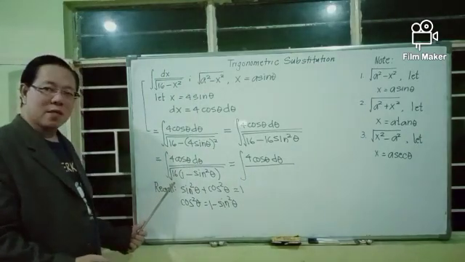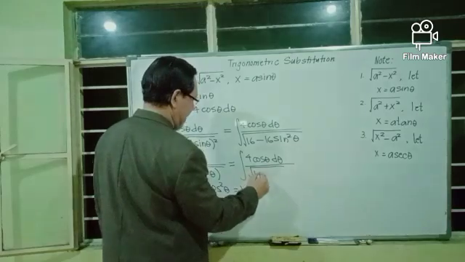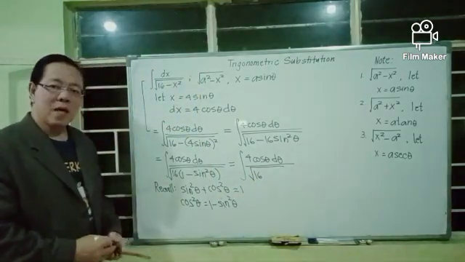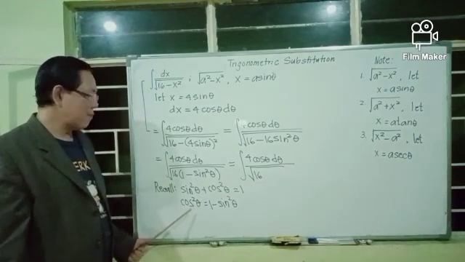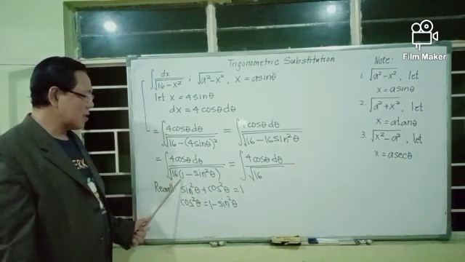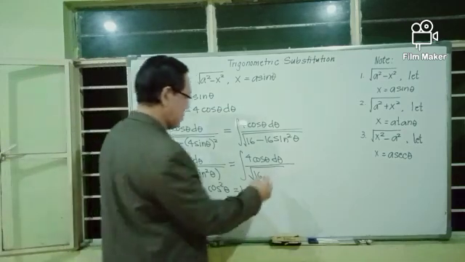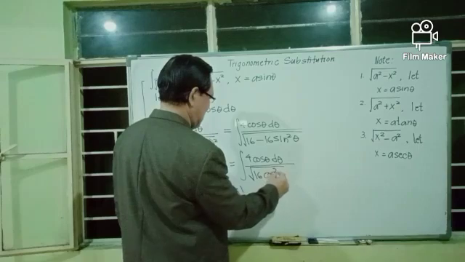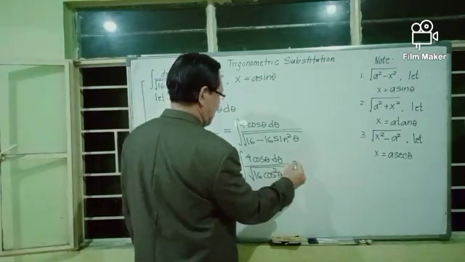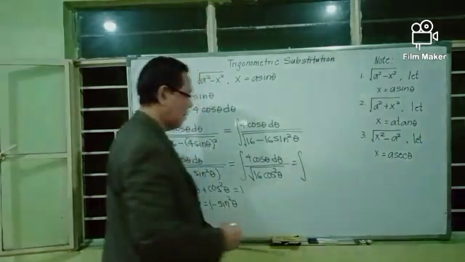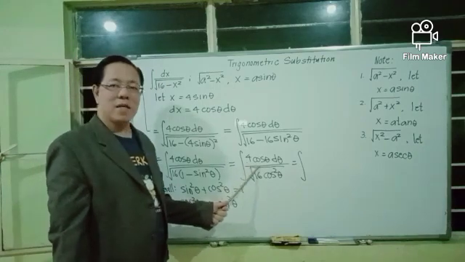over square root of 16 multiplied by 1 minus sine squared theta, which is equal to cosine squared theta. Hence, this becomes 16 multiplied by cosine squared theta. And this is equal to the integral of 4 cosine theta d theta